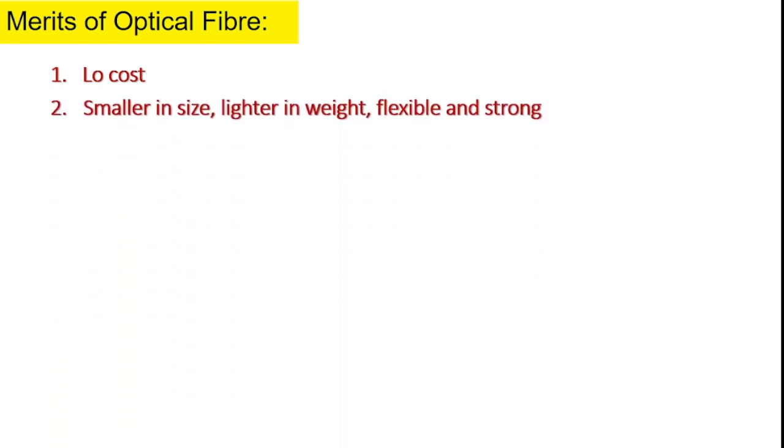Now let us see some merits of optical fiber. लो कॉस्ट, दैट मीन्स ये ज़्यादा कॉस्टली नहीं होती है ऑप्टिकल फाइबर। स्मॉलर इन साइज, लाइटर इन वेट, फ्लेक्सिबल एंड स्ट्रांग होती है एंड नॉट डेंजरस, ये ज़्यादा डेंजरस नहीं होती है। जैसे हम कॉपर वायर की यूज़ करें तो उसमें शॉर्ट सर्किट होने की डर रहती है, करंट लगने की डर रहती है, आग लगने की डर रहती है, तो इस प्रकार की डेंजरस स्थिति ऑप्टिकल फाइबर में नहीं होती है।